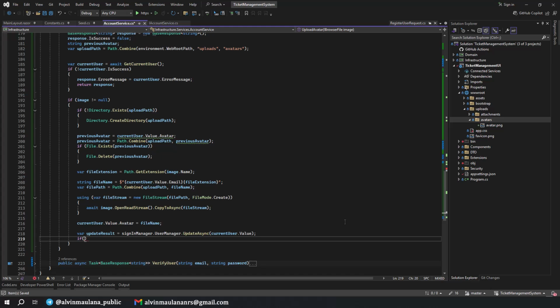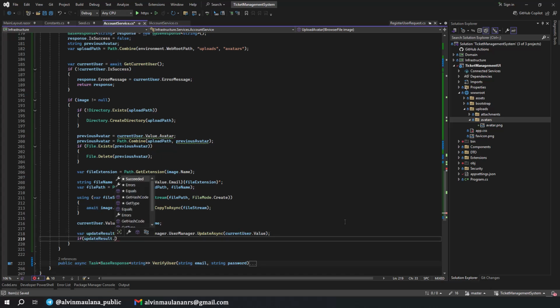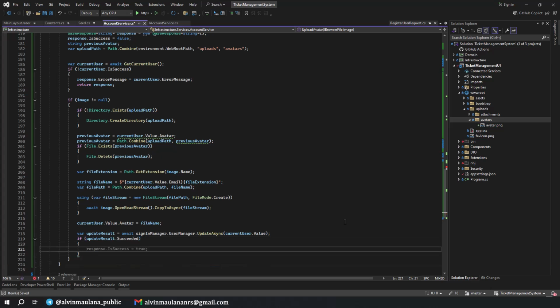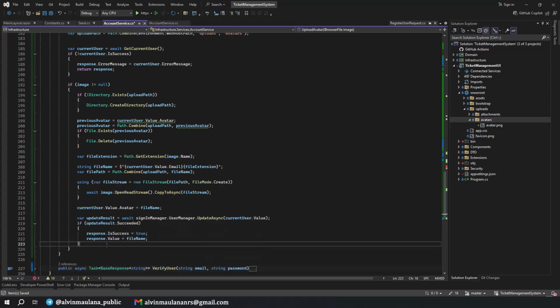Then we will check here: updateResult, oh, we need to have an await. If updateResult succeeded, okay, response success is true, and response value is the file name.